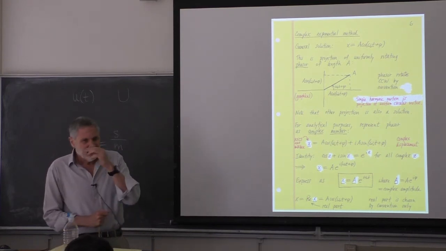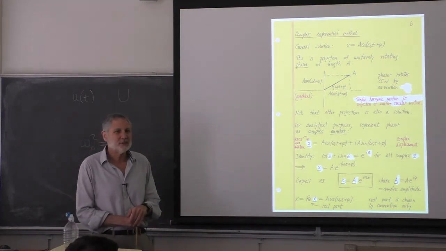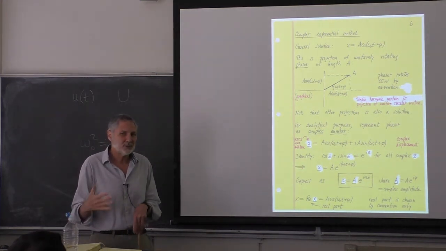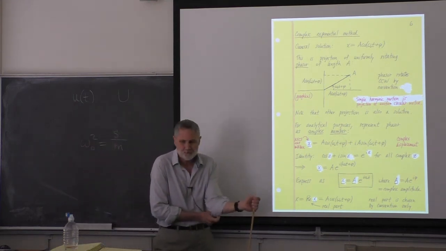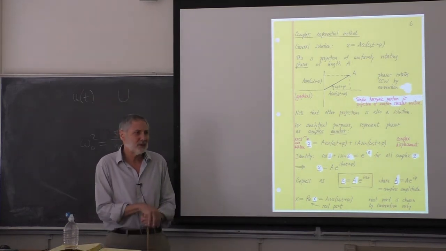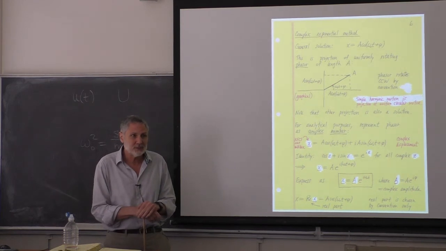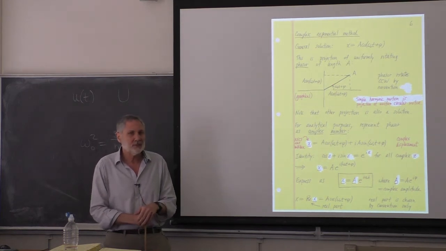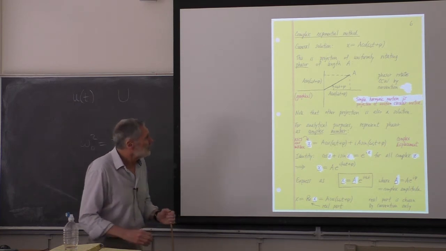So, everyone's seen complex numbers, right? A complex number has a real part and an imaginary part. That's a whole theory of mathematics. It's called complex analysis, and there's great theorems, and it gets really involved. All we need here, we don't need the complicated stuff. All we need here is just for you to recognize that